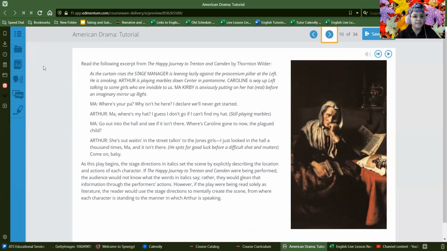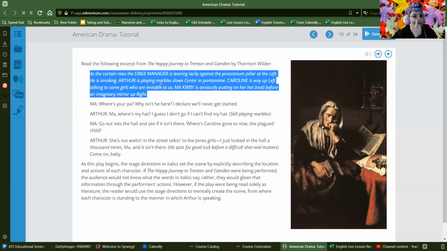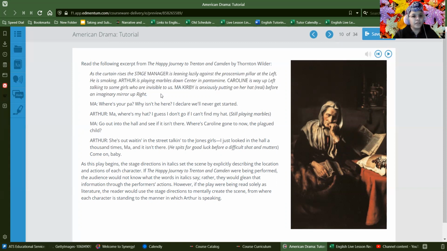So here on slide 10, they give you an example of what a script is actually like. This isn't exactly the same as just like a reading selection. They just give you information on what it's like to read a script. So this is the example. They have the description here of what the scene is supposed to look like. So the description tells you where everyone should be standing and who's involved in this scene. Then they give us the actual dialogue.